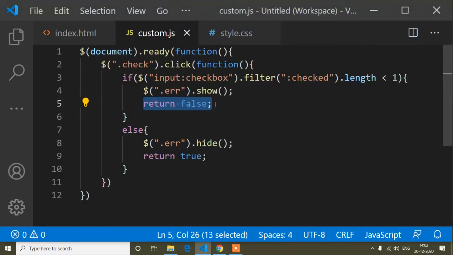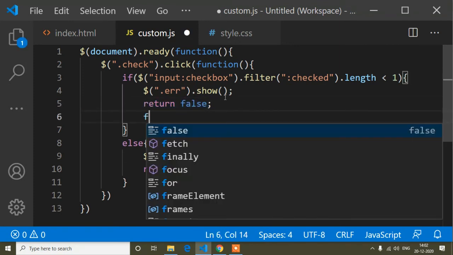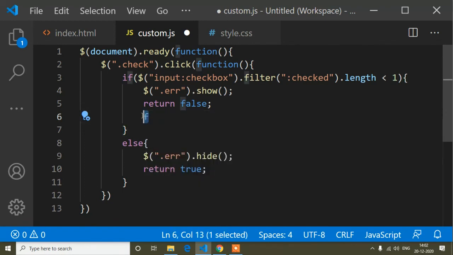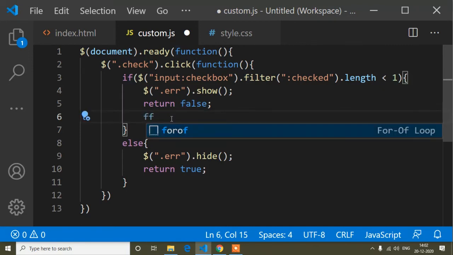And here I have written return false. That means the next line of code will not be executed. Here the return is false, so if you write anything after this return, you can see it's showing a disable sign because I have written return false. That means the next line of code will not go for execution.